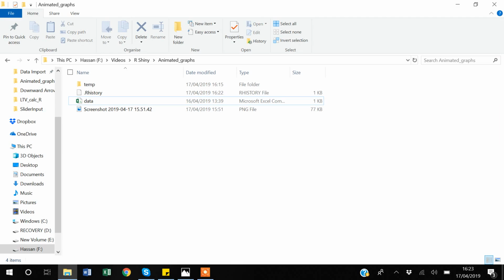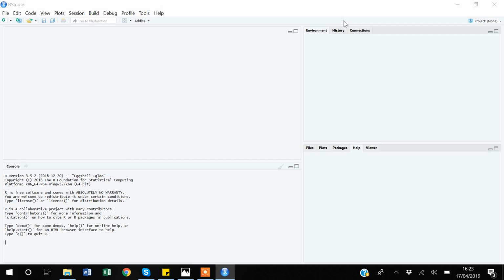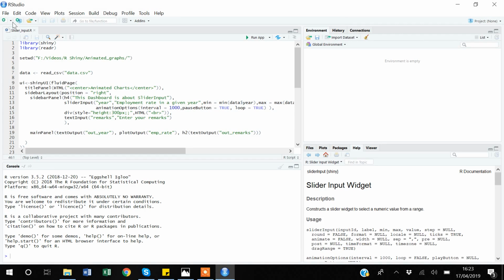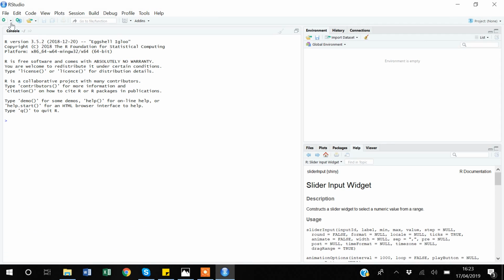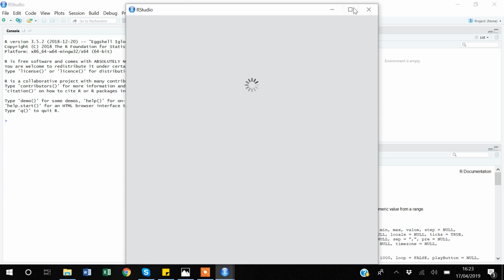So I have to go to my RStudio. Open it. And I will open a new script and start writing down my code. I want to open it in a separate window. Again, I will be using the RShiny package. It's a good practice to mention the libraries that you will be using at the start of your code. Library